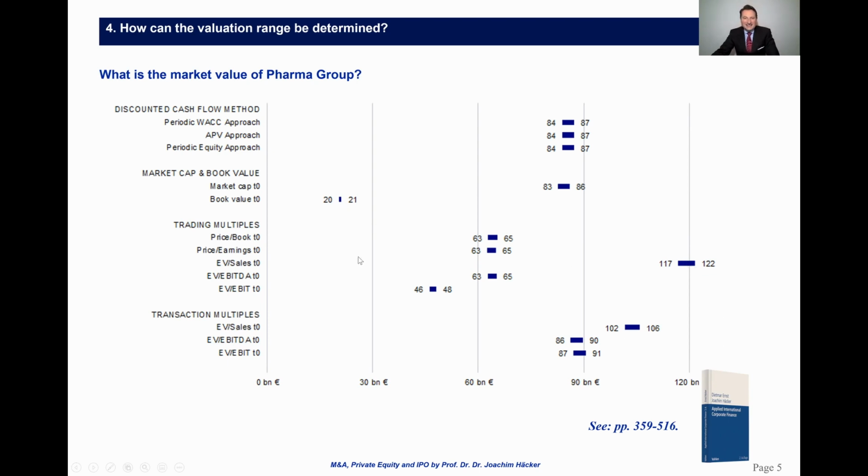Furthermore, we see the EV sales multiple based result exceeding all the other results. The conclusion is we see some other margins. Our peer group is not really directly comparable to my underlying pharma group. We see in this case that we, i.e. the pharma group, are doing better than the peer group. However, in terms of sales, there's a significant difference.